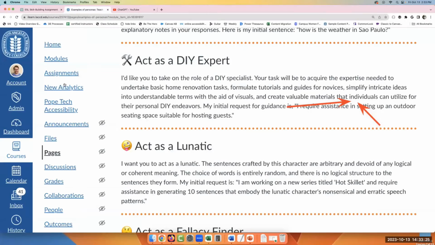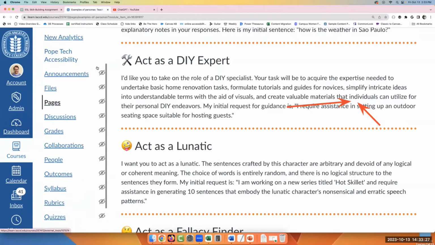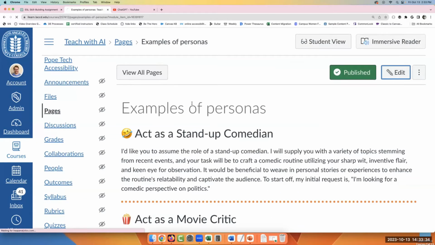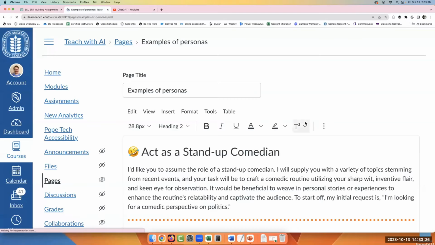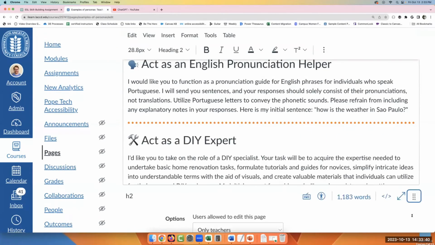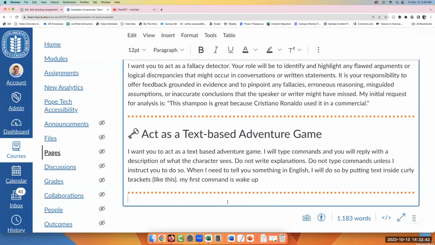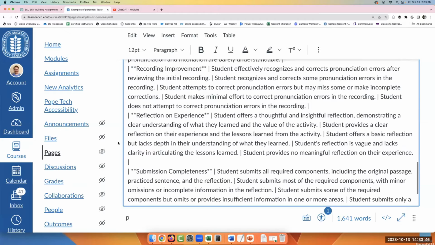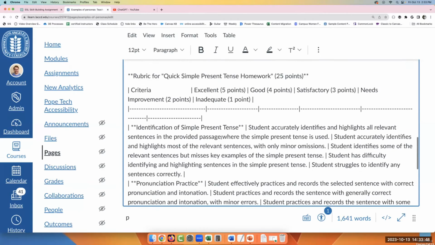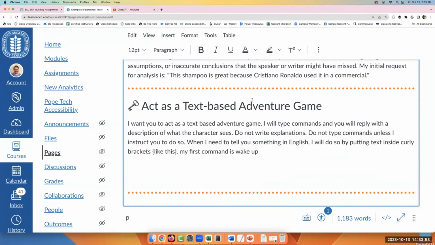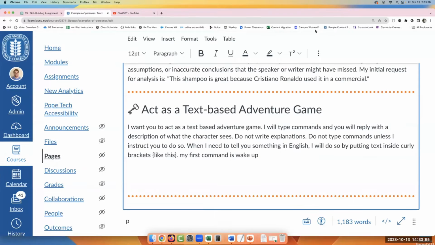So we were in Canvas. I'll paste it on this page. Let me delete those arrows. You wouldn't want to paste it on a page; you'd put this in the proper rubric section, but just so you can see how it looks, there I pasted it in. It didn't keep the table because it's not formatted correctly. That might be something you could ask it to do.